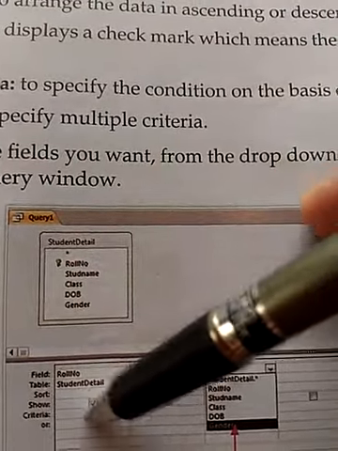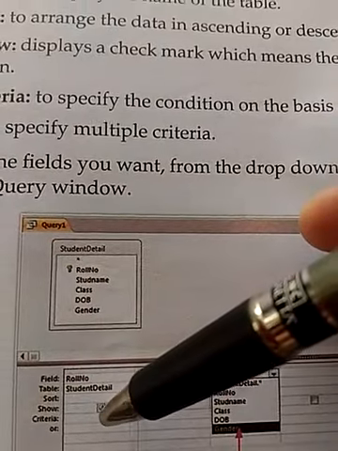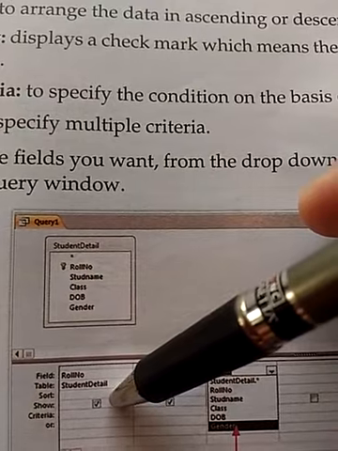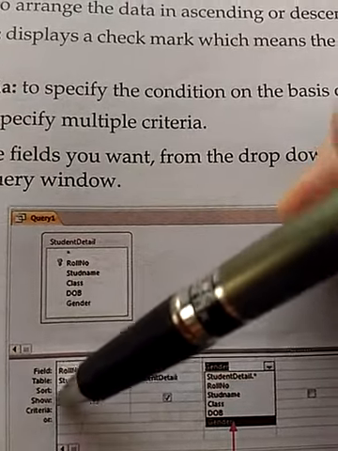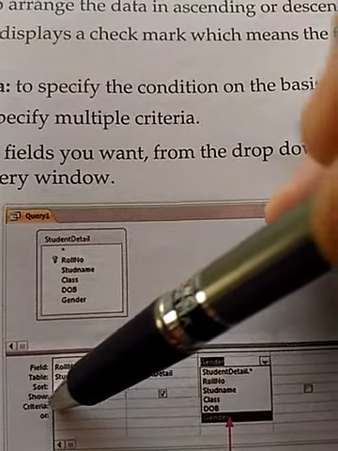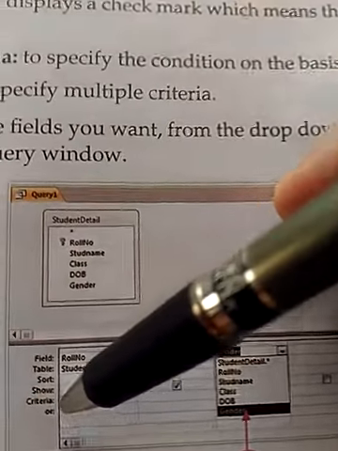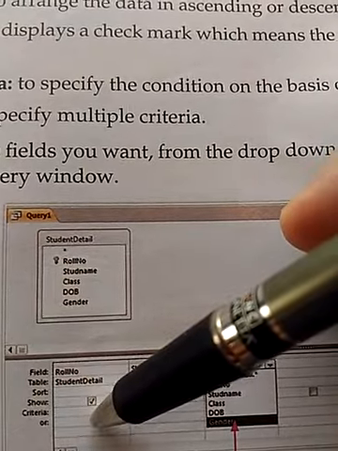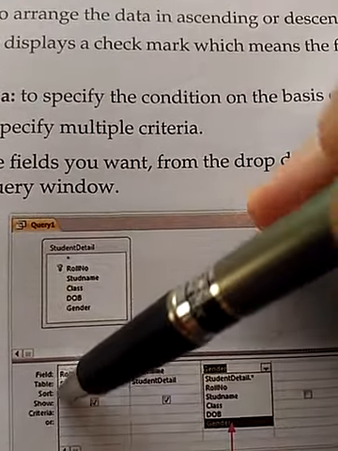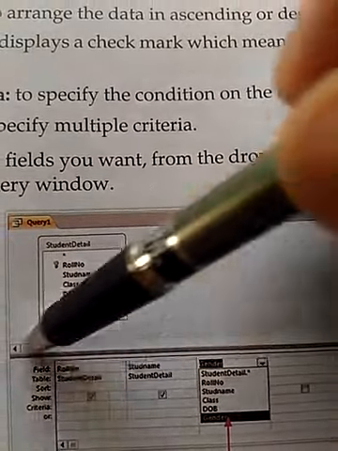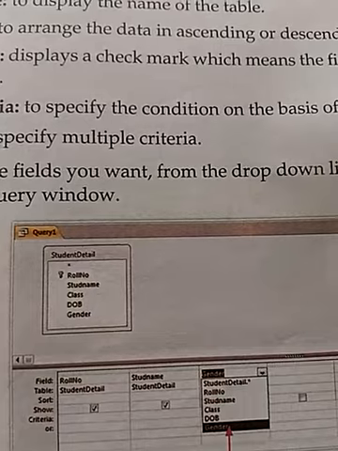Show, here is a checkbox. If you check this box, then this column will appear in the query. If you uncheck this box, then this column will not appear in the query. Criteria is used to specify the condition. Or is that portion in which you can specify more criteria. So these are the rows provided in the query to write the specific details.